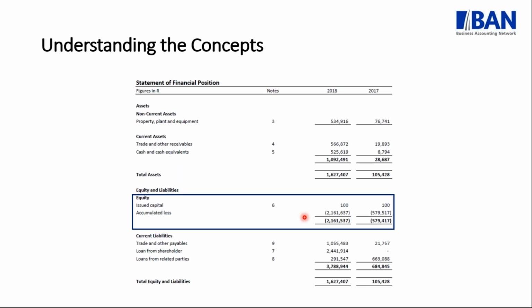Now, I mentioned that in this case, we are looking at a factual or a technical insolvency position, but I also want to introduce you to a concept that's called commercial insolvency. Commercial insolvency is a situation where your assets do exceed your liabilities. In other words, you are solvent, but you are not in a position to be able to service your debts. In other words, you cannot pay the interest or the capital portions as they become due, which is basically a liquidity issue.